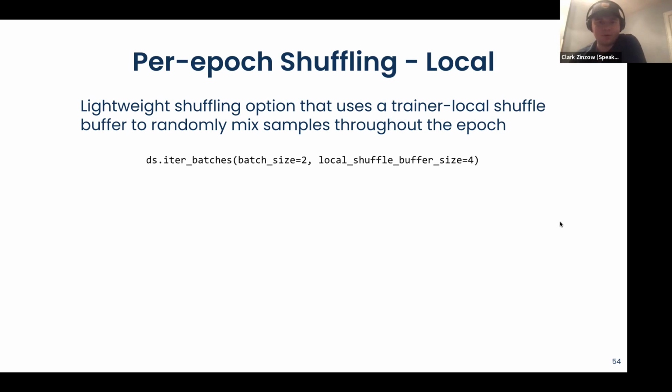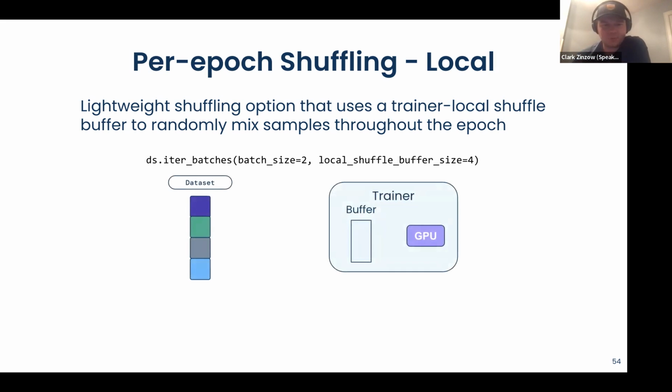So what this looks like in terms of an API, we've got these batch iteration APIs, like iter batches, as well as some machine learning framework specific consuming APIs, such as iter TF batches, which gives you TensorFlow tensors, and then iter torch batches, which gives you torch tensors. And here you specify batch size, and you say, I want a local shuffle buffer of size 4 samples. That means we at least have to fill it up to 4 samples before we start popping off random batches of size 2.